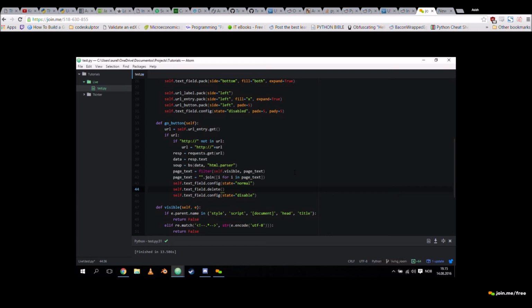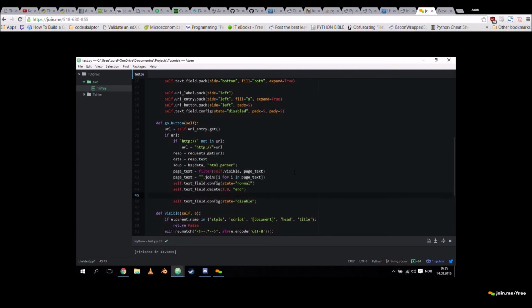So we're going to delete everything, right? Everything from the position 1.0, which is the first position, to the end, whatever that is. So that's how both insert and get and all that work in Tkinter. You use a float to put in position, and then you have certain keywords like end.